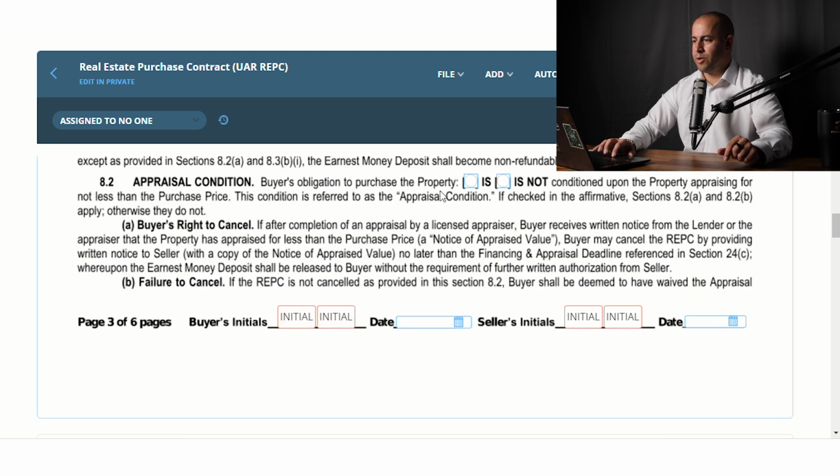All right, the appraisal condition. If they are getting a loan, you will have an appraisal condition. That just makes sure that the bank is covered. So typically, let's say we're in a first-time homebuyer scenario and we're using an FHA loan product, then we would give our buyers the due diligence protection that they need, and we would get an appraisal condition in here